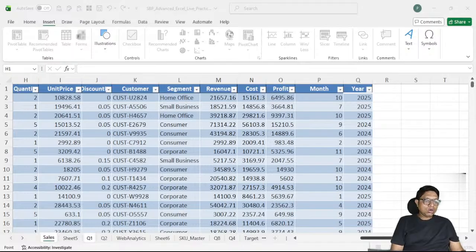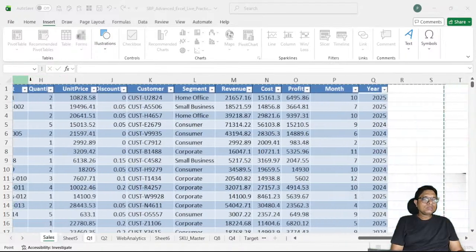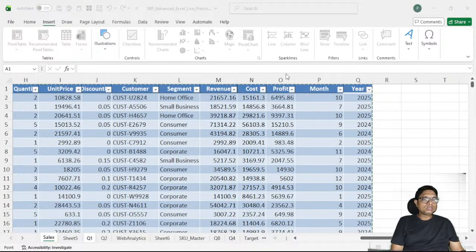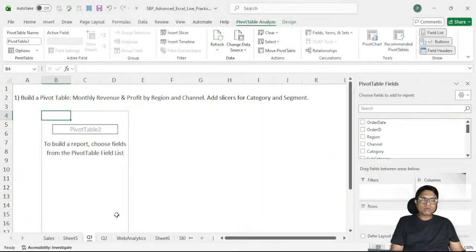Now we will select this whole data set. See, in the table range, the data range has been selected over there, okay. Now we will select OK. Now the window of the pivot table will appear. What has been asked is that we need to create a monthly revenue and profit by region. Okay. So that means,